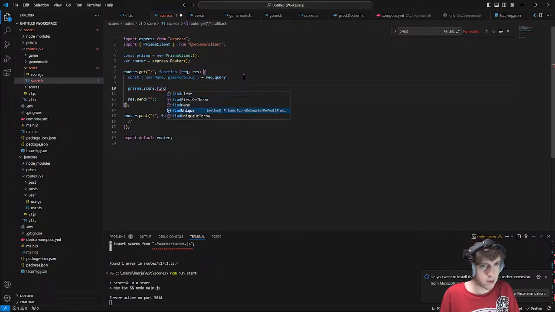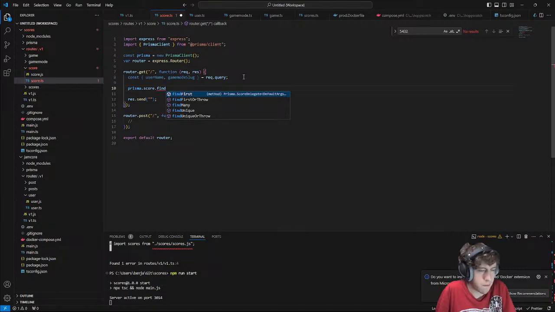I'm going to want to find the highest score for the user. So it's not going to be unique because there's going to be multiple scores that match it. It's not going to be first. I guess it could be first if I order it.